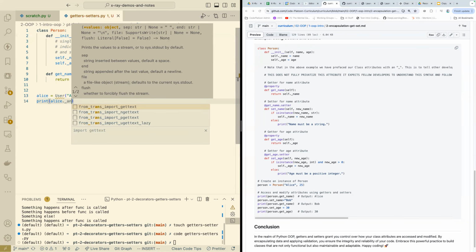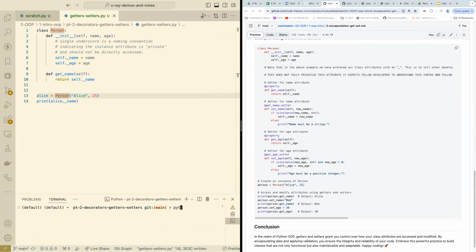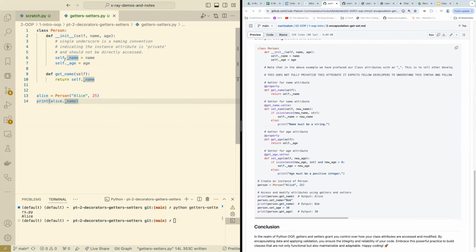So I can do this, but it's a person. I shouldn't. Yeah, thank you so much. That should be a person, not a user. So there's nothing stopping me from doing this, but if I'm reading someone else's code and I see that these instance attributes start with an underscore, that's them telling me, hey, there's a good reason I don't want you to do this, right? Maybe the reason is, and let's go to